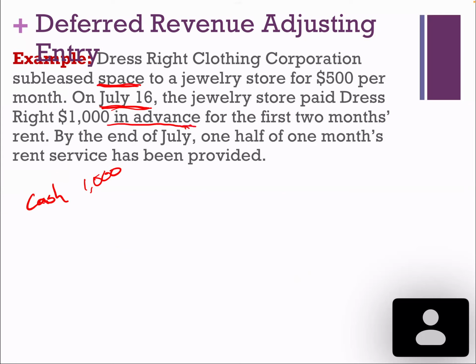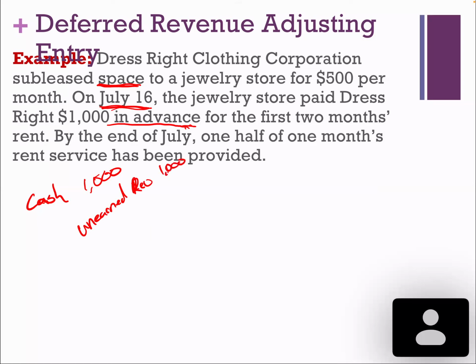Some textbooks will say deferred revenue. Some textbooks will say unearned revenue. This PowerPoint here says deferred revenue. A lot of times principal students prefer unearned revenue. I'm going to do unearned revenue. Okay, this is a liability account. That's why I'm crediting it to increase it. So cash, $1,000, unearned revenue, $1,000. Okay, then as time goes by,